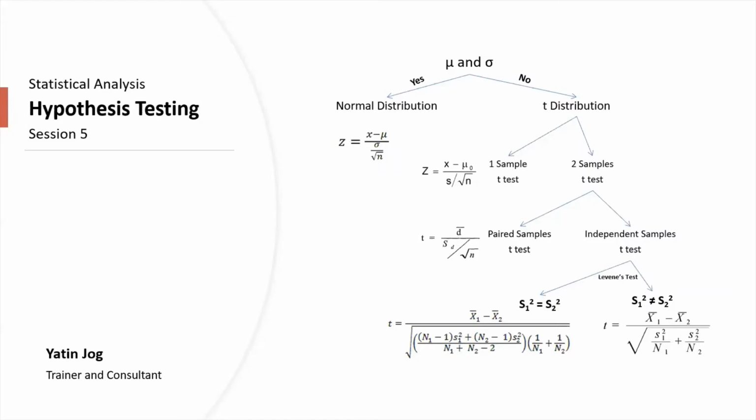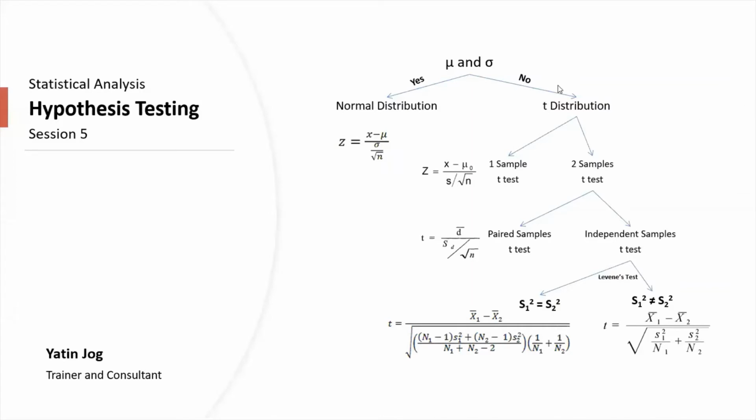If we have only one sample and the population parameters are known, go for the Z method. If you have only one sample and the population parameters are not known, go for the t method. If you have two samples which are dependent, go for paired sample t-test. If you have two samples which are independent of each other, go for independent sample t-test. If you have 3 or more than 3 samples, go for ANOVA. So likewise, we can decide which method to be used for hypothesis testing and further analysis based on how many samples we have and what kind of population parameters we know about those samples.